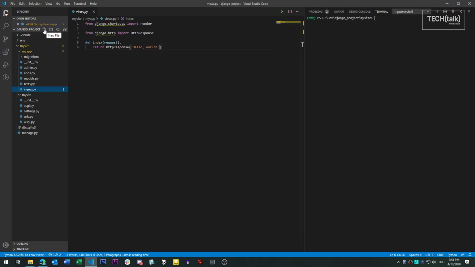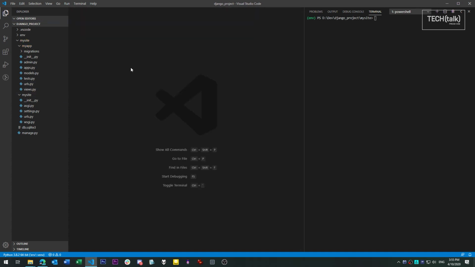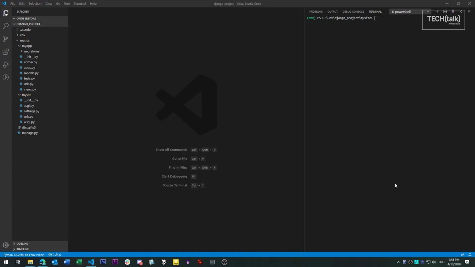A URL pattern maps a view function to a URL, so the function's triggered when someone goes to that URL. The URLs for an application are stored in the urls.py file for that application. Note that we have to add the URLs to invoke our function in two places, in the app itself and also in the larger enclosing project. The project can just inherit all of the app's URL settings, so we only have to make one project level URL entry per app. This will save us some time.